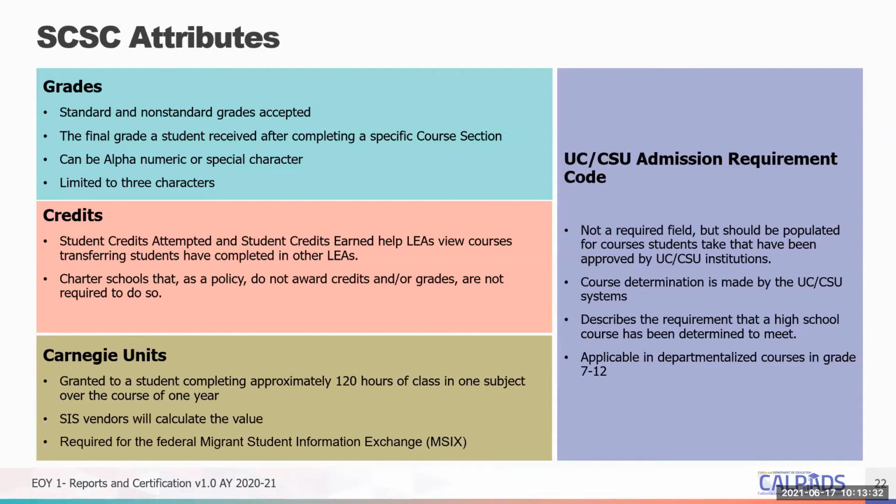Credits are pretty easy. However you award students credit in high school, you report credits earned and credits attempted, right? And then Carnegie Units is more standardized. It was a couple years now that we've been collecting data on Carnegie Units, and I believe that your student information systems are responsible or do the calculation. Generally speaking, one Carnegie unit represents 120 hours of class instruction for one subject. Typically, this is a whole year of instruction. So a course that takes the entire year usually is one Carnegie unit.